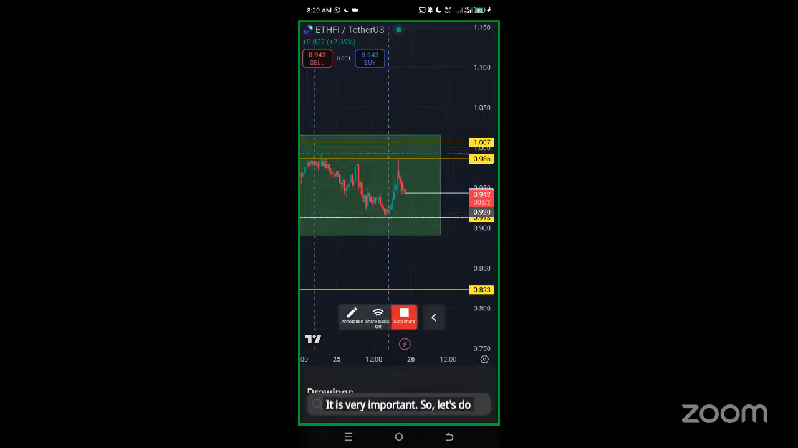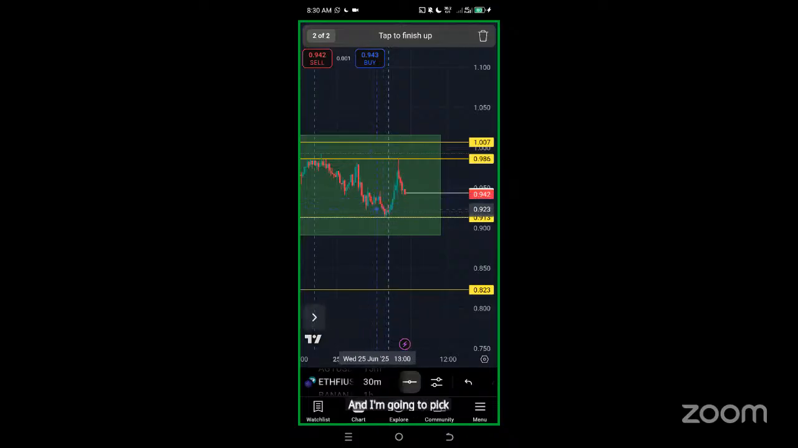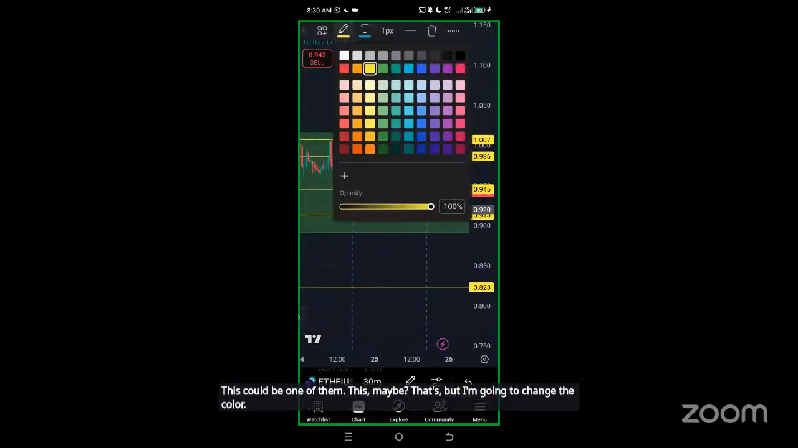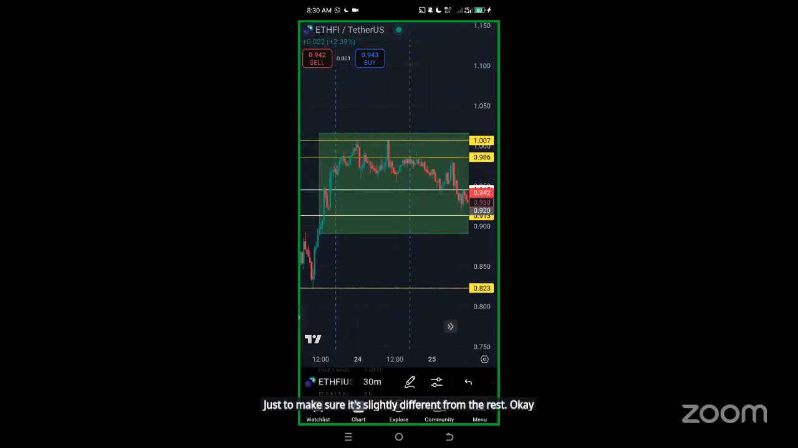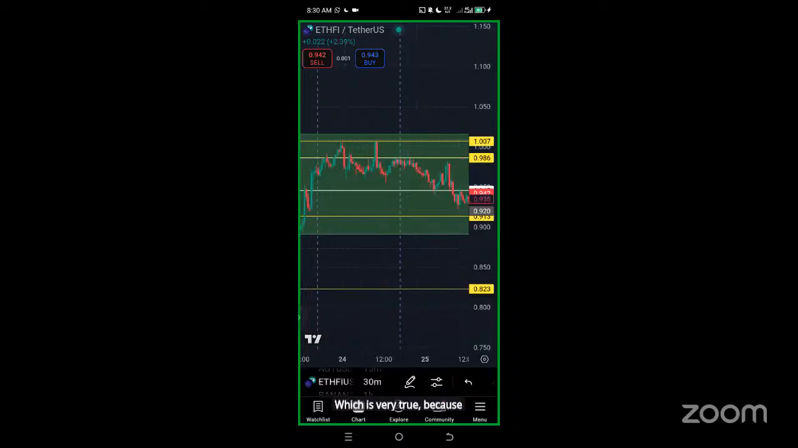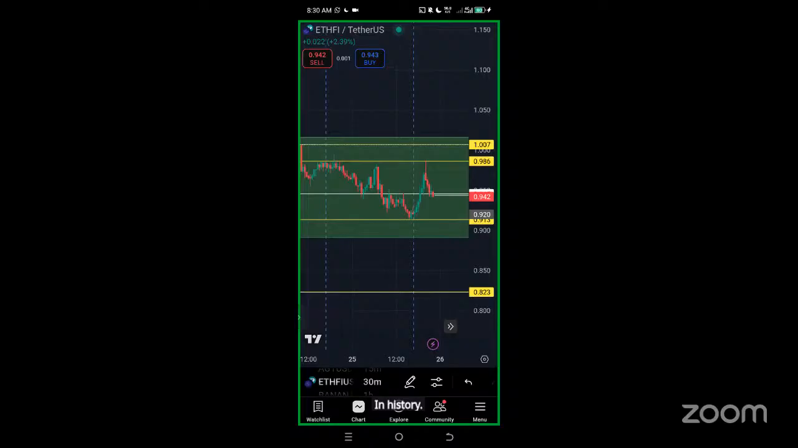So I'm going to pick this. And I'm going to pick, and I think this could be one of them. This could be one of them. This maybe. But I'm going to change the color just to make sure it's slightly different from the rest. Okay. It can be one, which is very true, because if you try to track back in history, you'll realize that